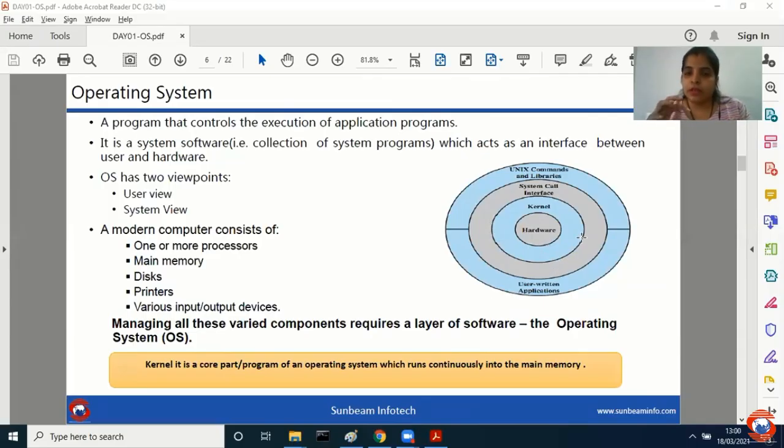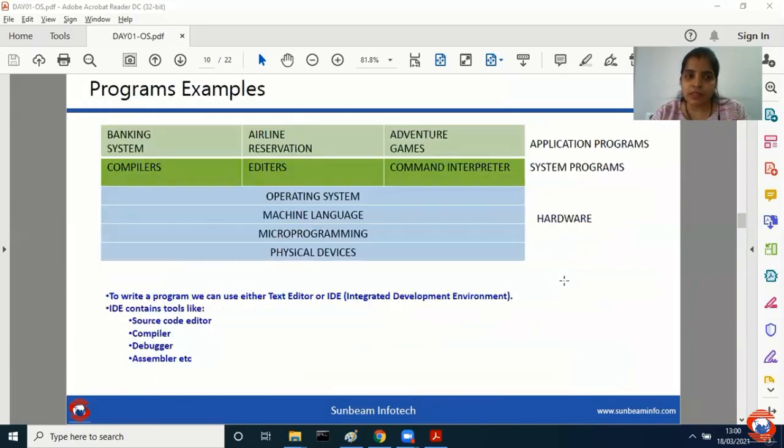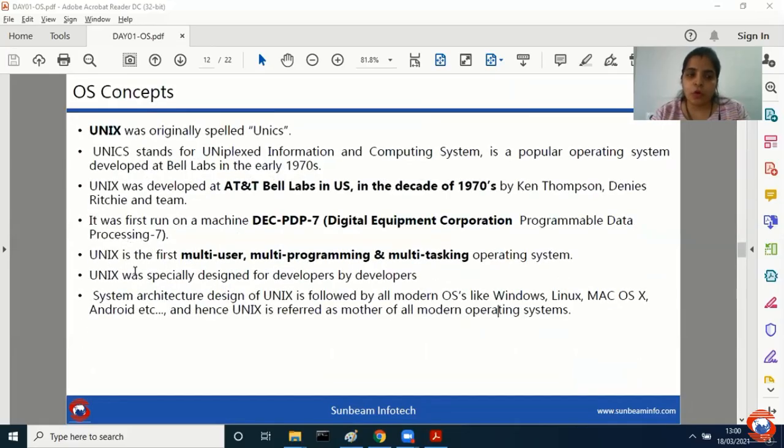This is, you can say, a standard, or a reference for other operating systems, where I have a kernel, I have hardware, I have user defined applications, and I have OS. So that's the reason we have written here what is OS. What is Unix architecture? Unix system architecture design is followed by all the other operating systems like Windows, Linux, Mac, Android, etc. So you can say Unix is referred to as the mother of all the modern operating systems, because the layered architecture is followed by all OSs while developing the operating system. And that's why once Unix full form was asked, and this is basically Unix operating system concepts, right?